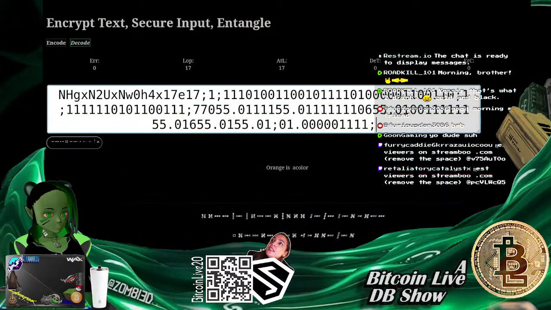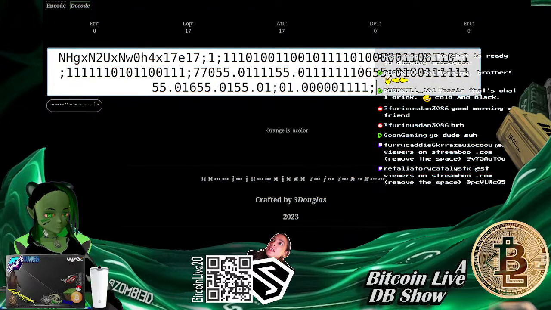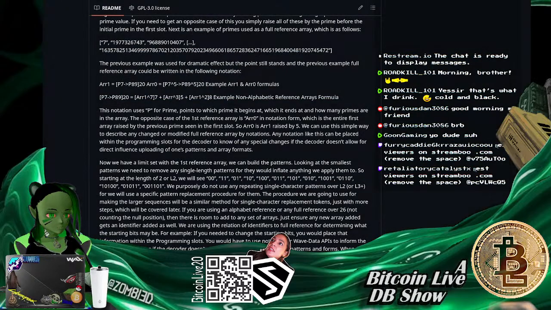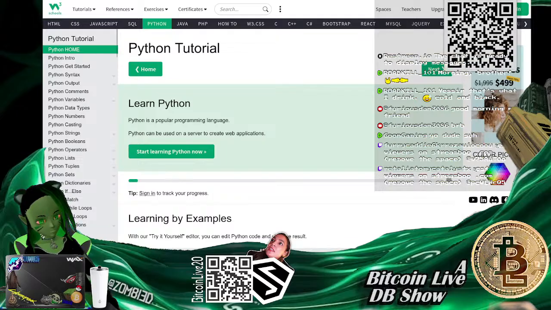Orange is the color. Okay, I got some proof for you that I kind of know what I'm talking about, kind of know what I'm doing. So these are the reasons why I'm saying that this site right here is the best place to learn Python.